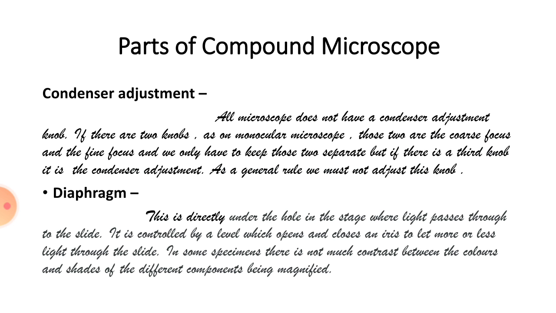Our next part is the diaphragm. This is directly under the hole in the stage where light passes through to the slide. It is controlled by a lever which opens and closes an iris to let more or less light through the slide. In some specimens, there is not much contrast between the colors and shades of